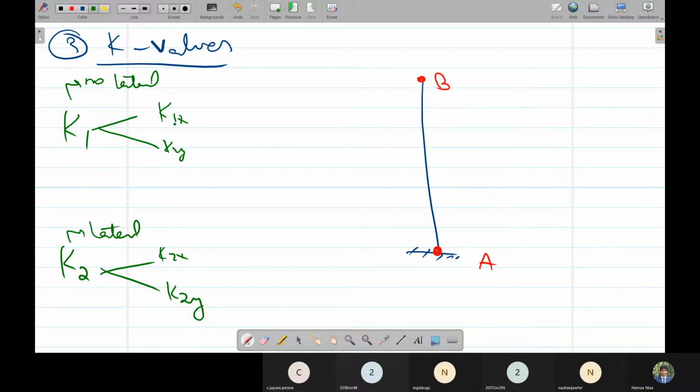Actually, there are four. As there was bracing about the Y direction, we said that there is no K2Y. But there was no bracing about the x-axis, so K2X would be present, and K1Y and K1X would also be present. So first of all, for K1X,